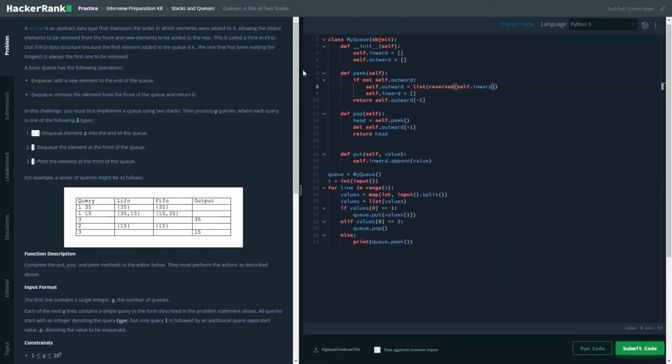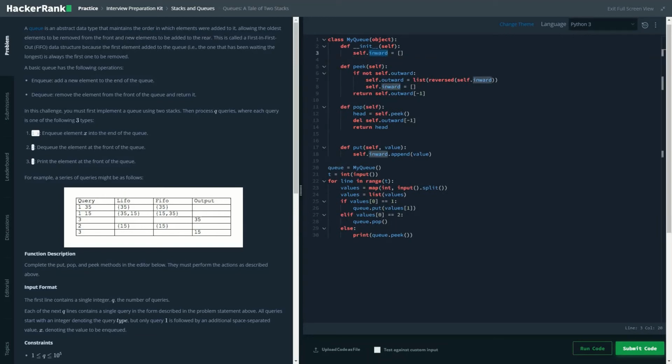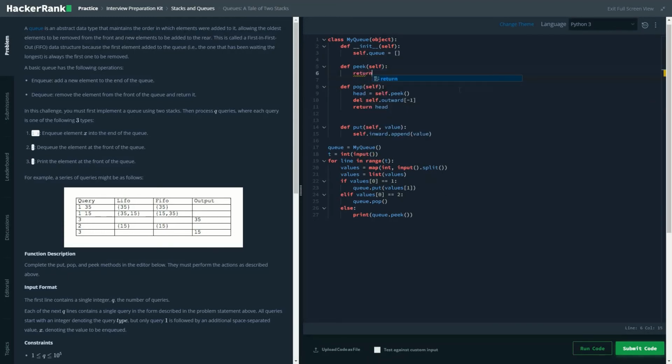Now, here I have tried to solve this problem using two lists just to make you understand how to do this operation using two lists, or two stacks. But this is not required. I could simplify this problem by a lot by using one queue. Now, self.pick would basically just return the last element,